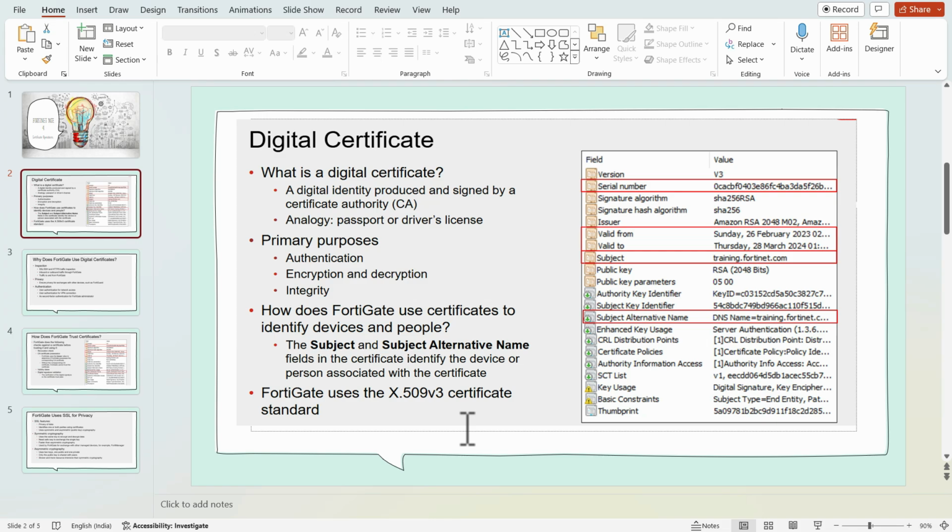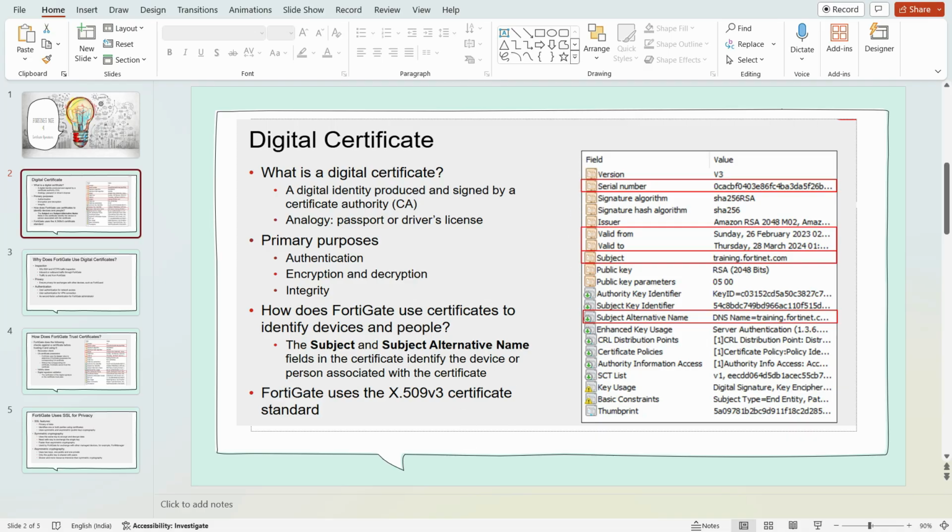Another common use of the digital certificate is to verify website legitimacy, whether a website is legitimate or not. It also helps verify websites that do not support SSL certificates.